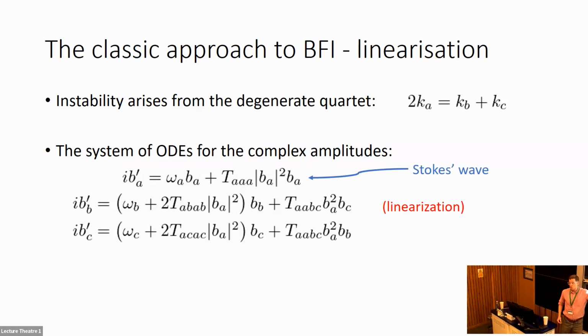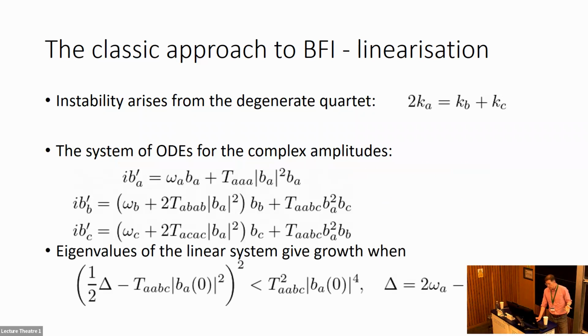The first equation is just the equation for the Stokes wave that we saw before. We can solve it with constant amplitude for A. And then the other two equations are uncoupled. They're a linear system, and I get basically an eigenvalue condition for when I've got instability. This is the kind of thing that Crawford, Saffman, and Yuen were doing. Yuen and Lake have this in the early 1980s, looking for the Benjamin-Feir instability condition from the perspective of